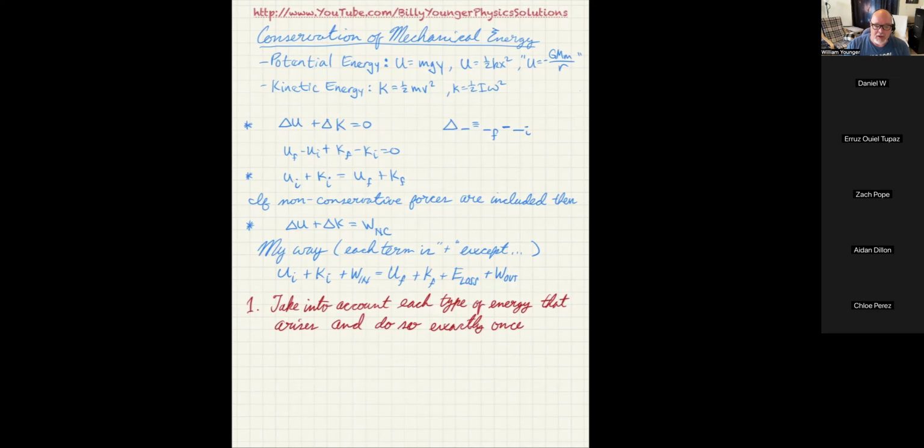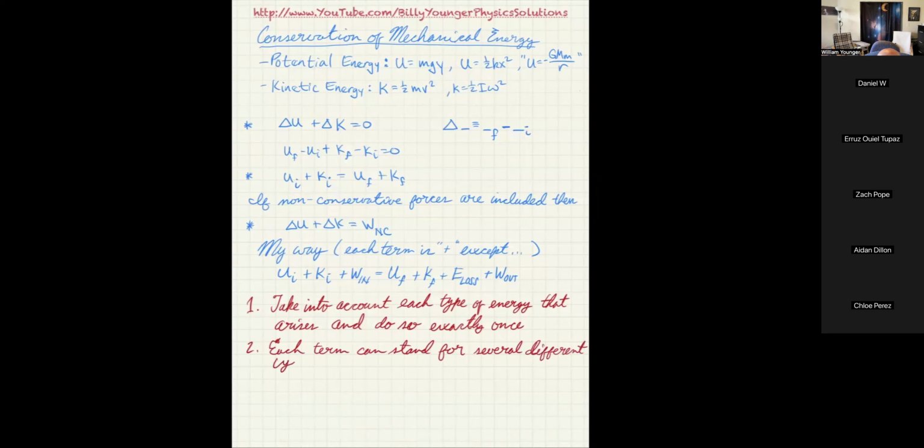So one, take into account each type of energy that you're going to have, and two, you've got to make sure each term can stand for several different types of energy and different